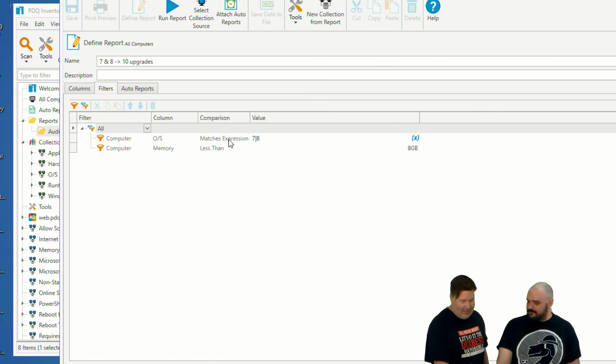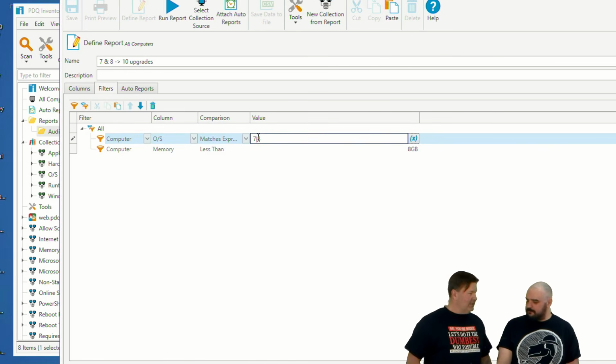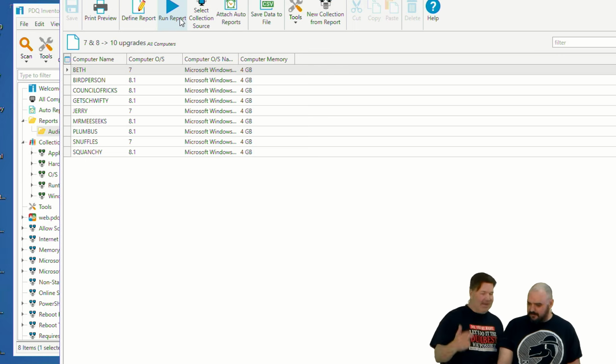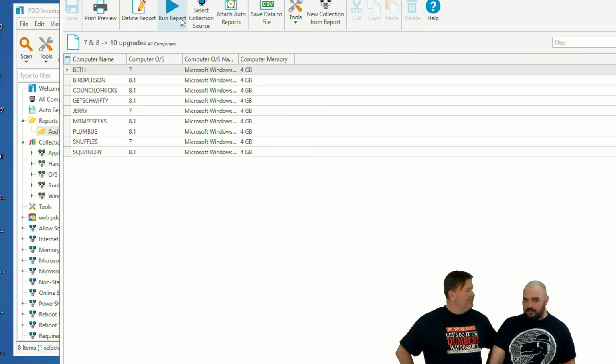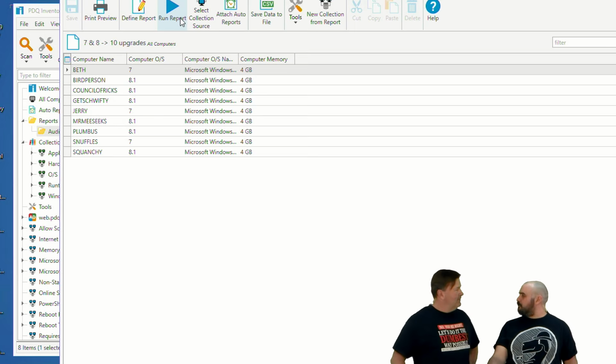Okay. So I just want to point this out. Last week we went over regular expressions, and guys, I finally did one. Mine's super simple. Look, I'm looking for anything with the OS value of 7 or 8. Run it. Bang. There we go. Yep, and the reason we have the memory less than 8 gigs, just because if you are going from 7 to 10, it is going to take more resources, and if it's at 4 gigs, you're probably going to be